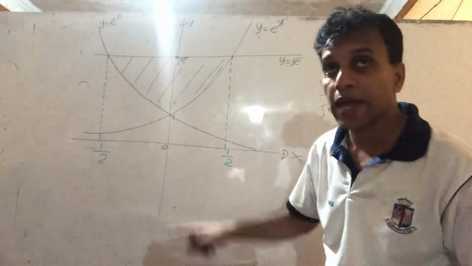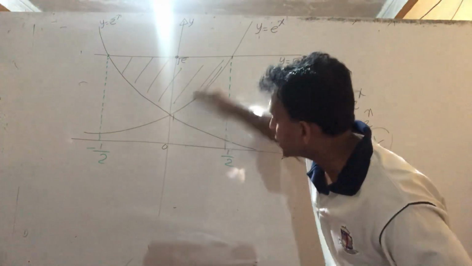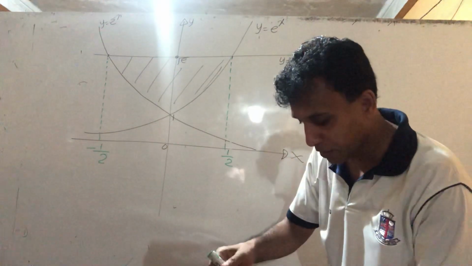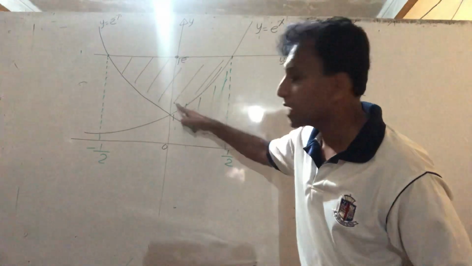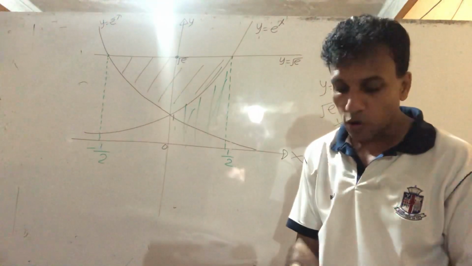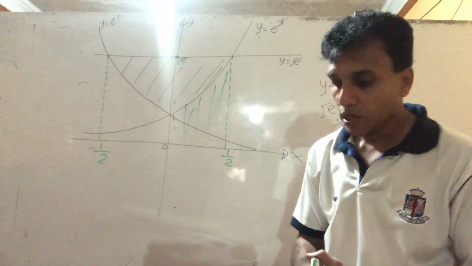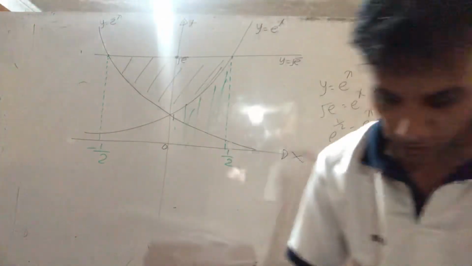Area of the rectangle, and we subtract this part below the curve. If you subtract this part, that is this answer. Double is the whole question answer, right? Therefore the method, I can show the way of